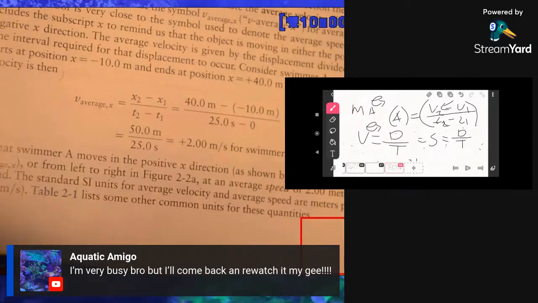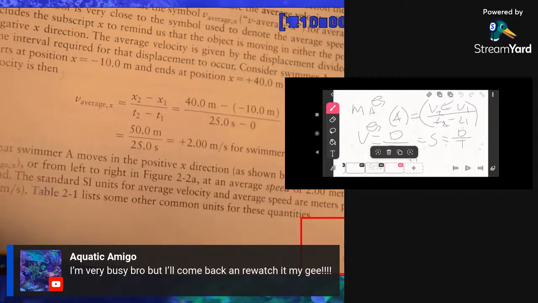Okay, there you go. So distance, we basically solved the equation already. You know what? Let me write over this one. I don't know how, but